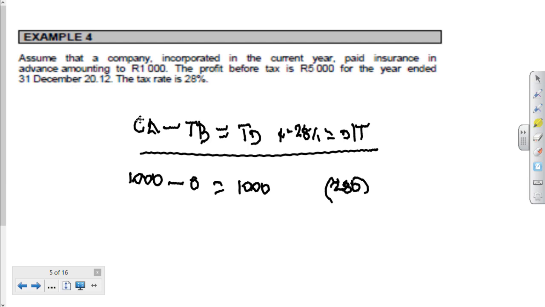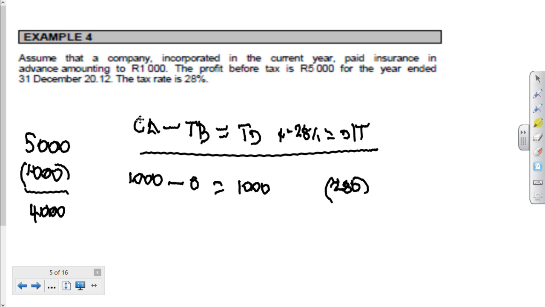Why is it a liability? Because in future I will pay more tax, because I'm going to put this 1,000 into profit before tax next year as an expense. My expense will drop. If you think about what will happen next year, here's my 5,000 profit before tax. I'm going to put this in. My expense drops to 4. But then when I do my tax calc, I start with 4 and then I say, no, I can't deduct